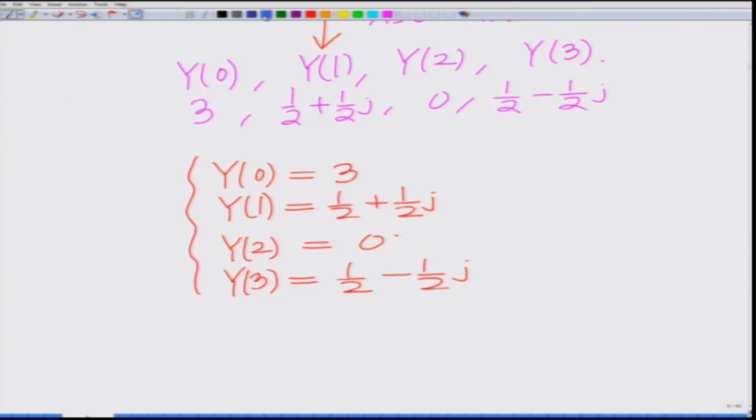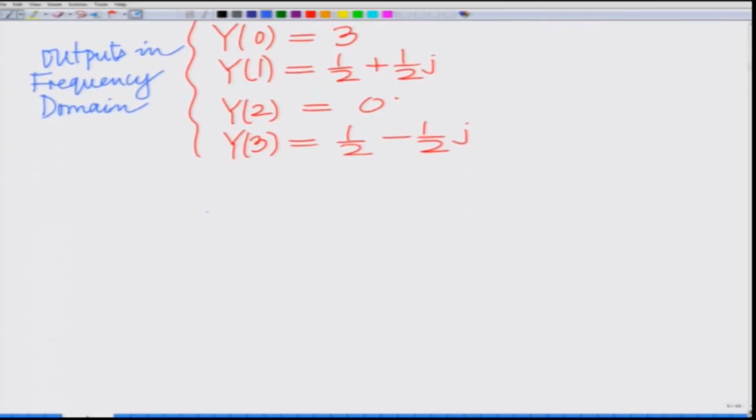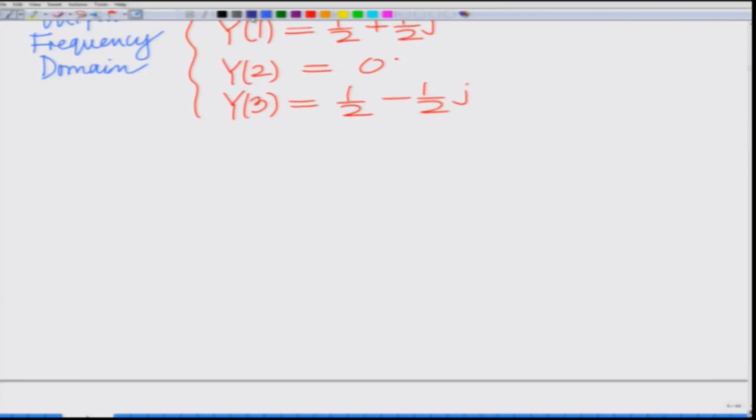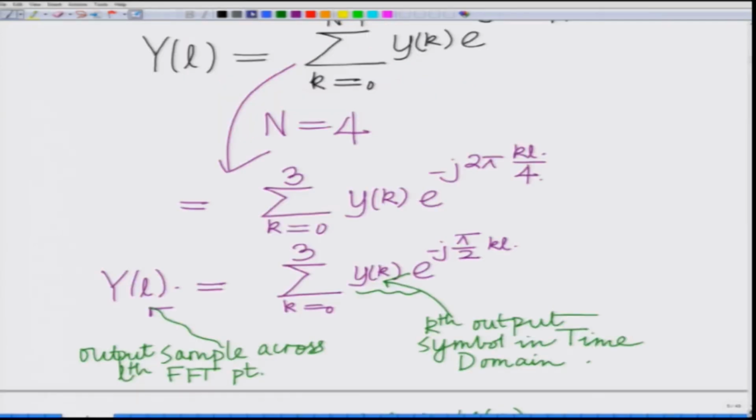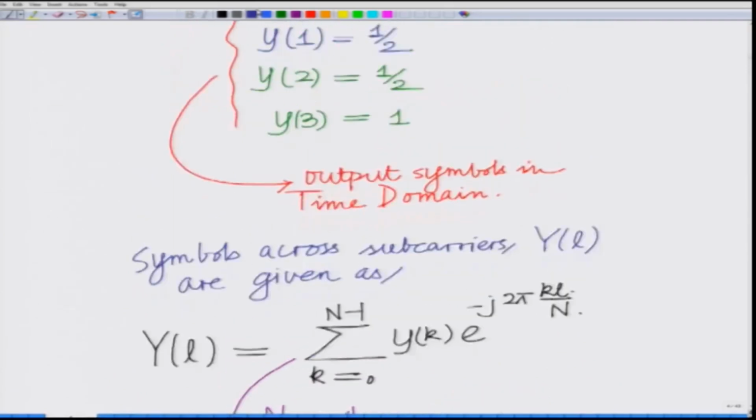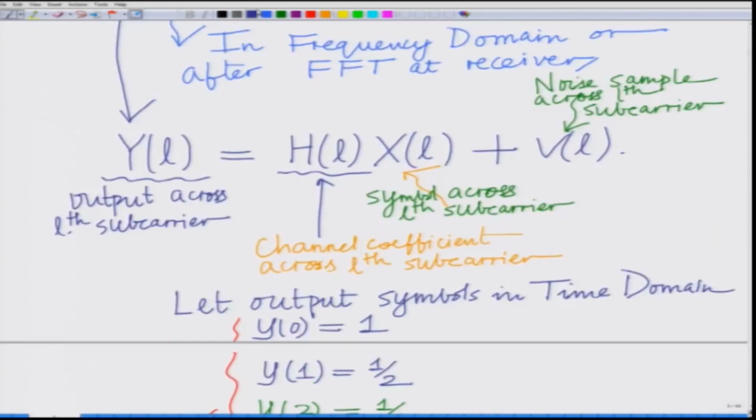The capital Y's are the outputs in the frequency domain, that is something important to remember. Okay. Now, what do we need? We also need, remember, the other thing that we need to compute the estimates across the subcarriers. We also need these capital HLs. Now, let me go all the way back here and circle this. So, we need